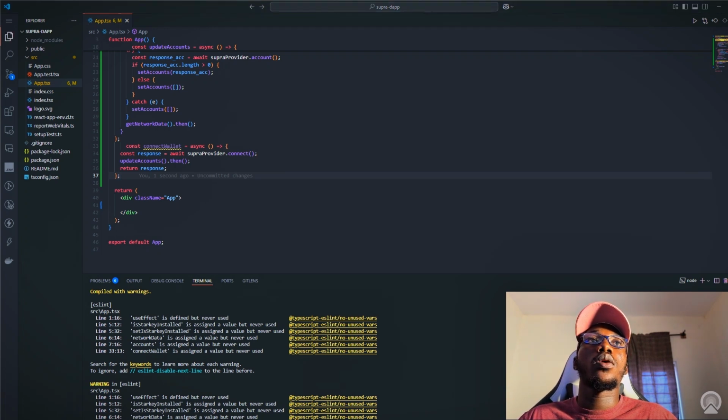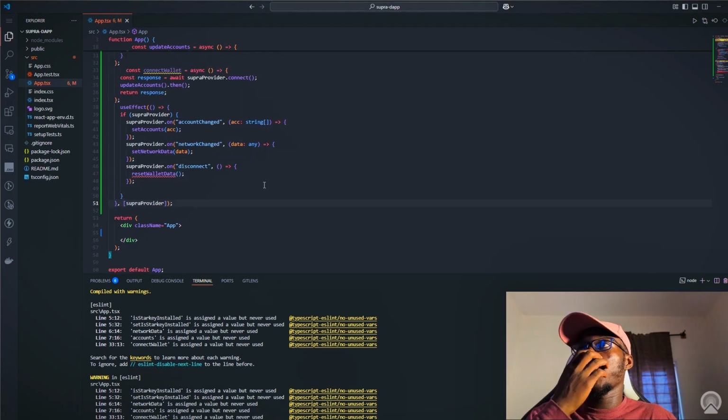So we're gonna get our useEffect. The useEffect is a React hook that runs the code within it whenever we refresh our web page, whenever our data mounts, whenever our page refreshes. So this useEffect checks if the provider exists, and then if the provider has encountered a method called account change, probably the user changed his account, the useEffect is going to detect it and is going to set our useState